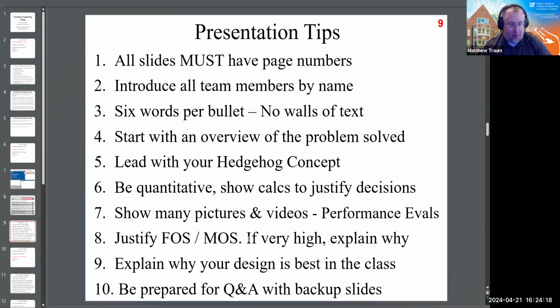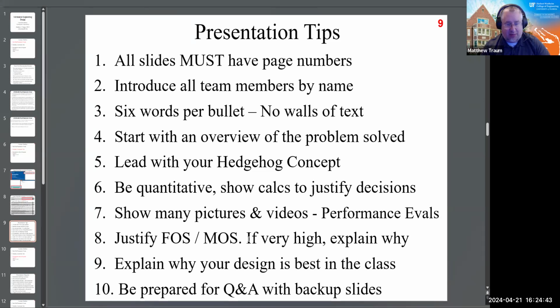design and either propagating it forward into the next semester of Capstone or turning it into a commercial product, why they should select your design over any of the other ones that might be available to them. That's an important element that just communicates confidence in your design process that you want to spend some time on. And then number 10 is be prepared for the Q&A session at the end with backup